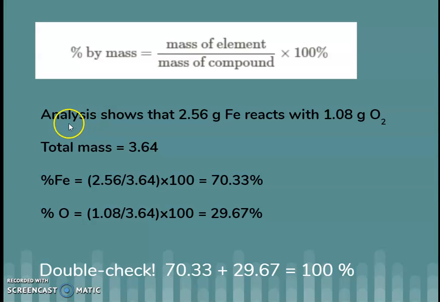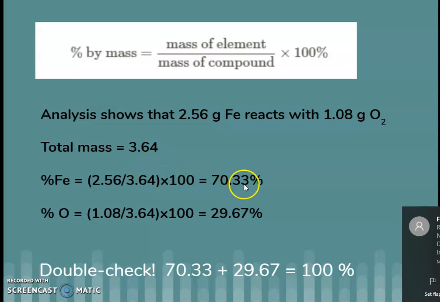Okay, so let's start with a problem that says analysis shows that 2.56 grams of iron reacts with 1.08 grams of oxygen. Okay, and so we can add those two together and we can figure out that the total mass of iron and oxygen is 3.64. Okay, so now remember the mass of the element over the mass of the compound. So the percent of iron is going to be 2.56, right, divided by the total 3.64 times 100,